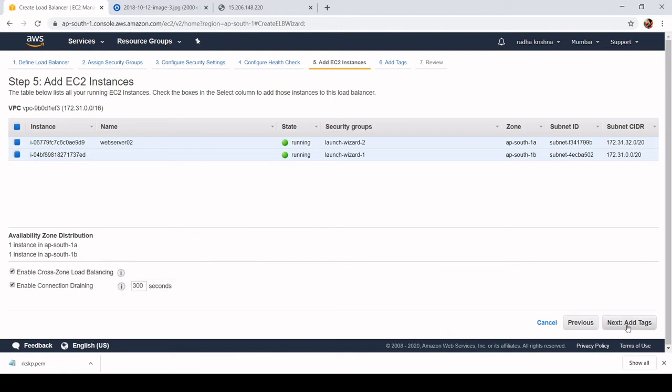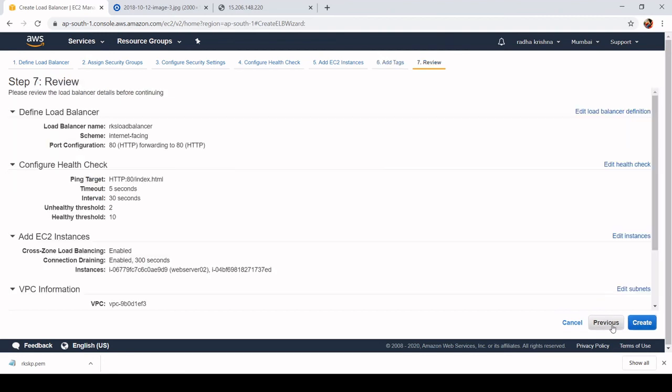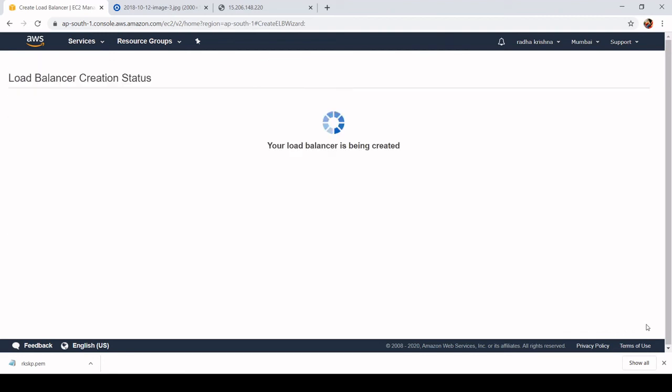Click on next, add tags, and we'll create one tag with a value. Next, review and create, and that's create.